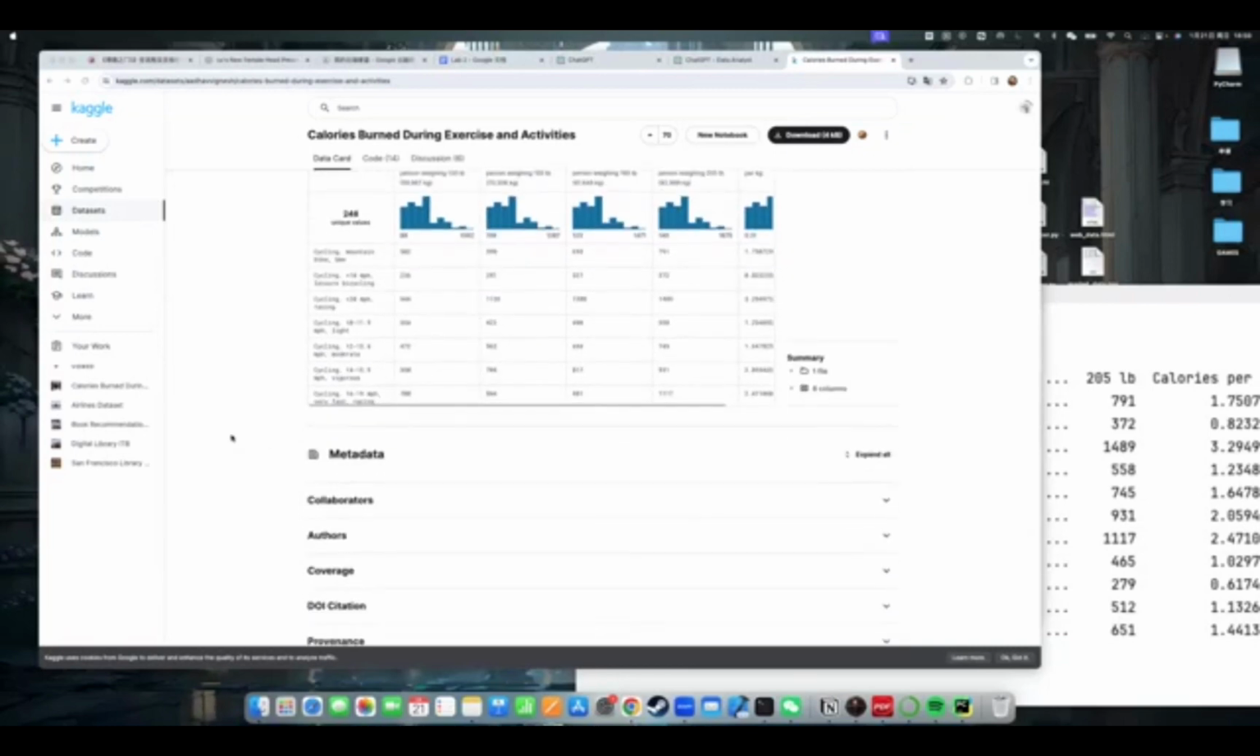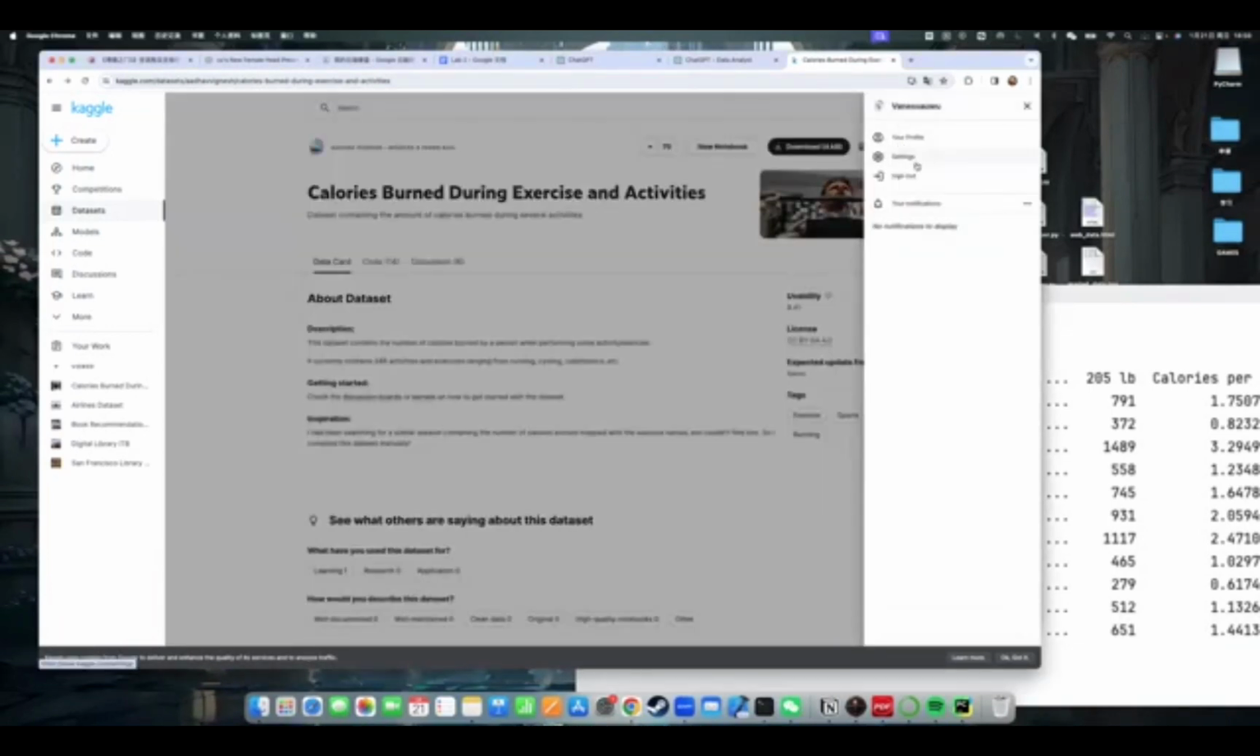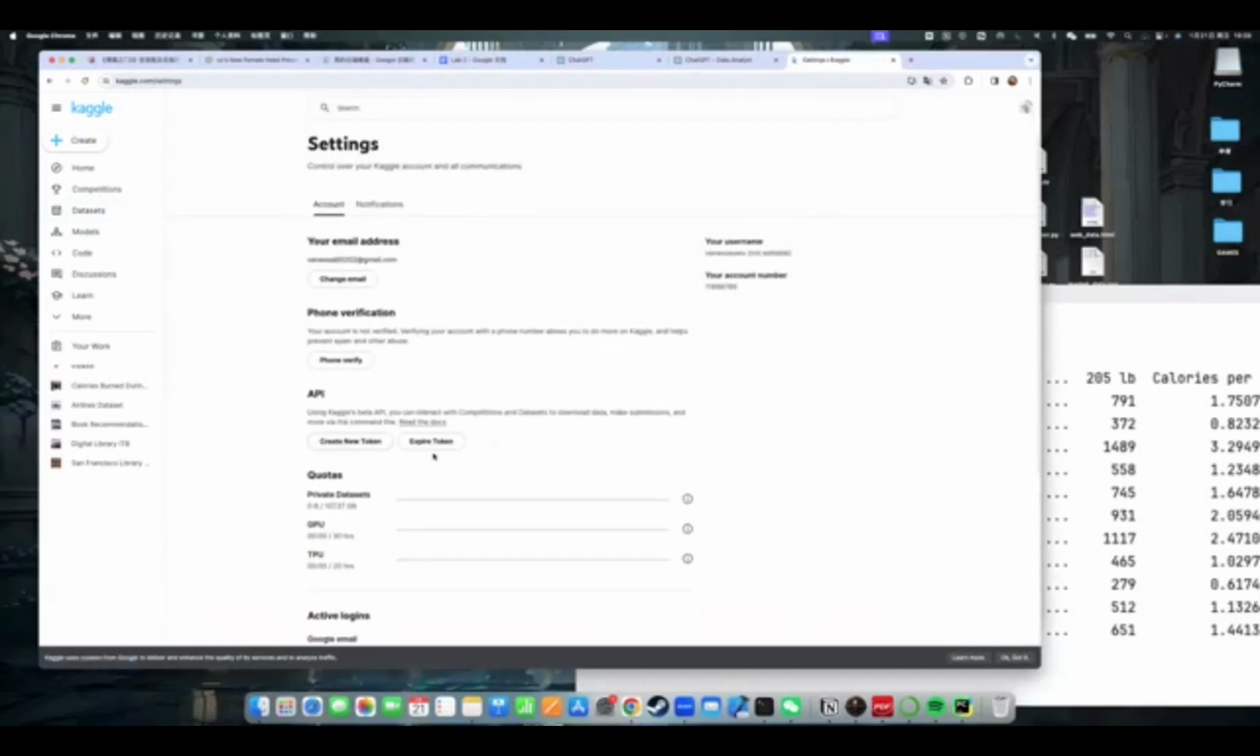And then as required, we used API to scrape the data. So here we went to settings. And then this is where we create our API. And then once we downloaded the API key, we put it in the .kaggle file that was on the local file. And then in PyCharm,